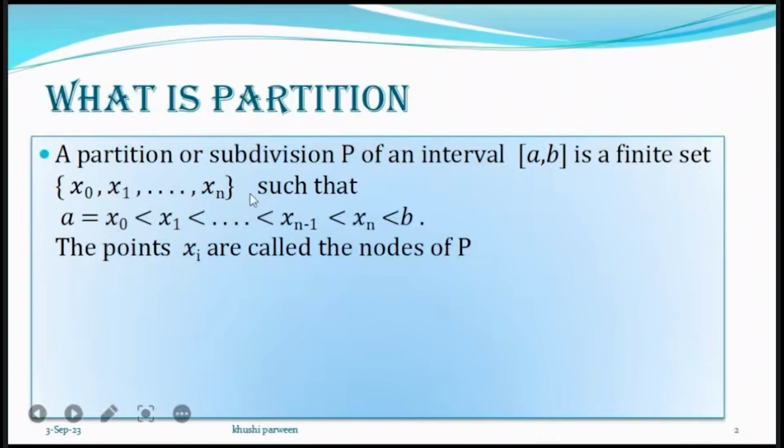A partition or subdivision P of a closed interval [a, b] is a finite set {x0, x1, ..., xn} such that a = x0 < x1 < ... < xn-1 < xn = b. The points xi are called the knots of P. This is the definition of a partition. Next, we look at another definition,